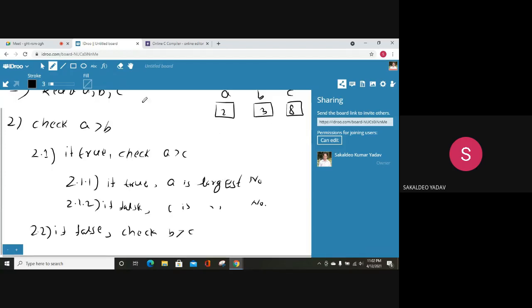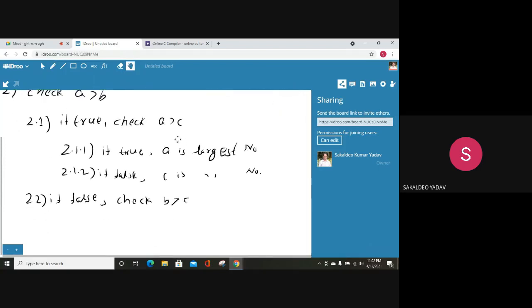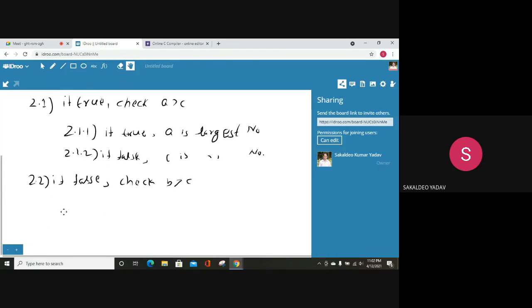If this condition is true, if B is greater than C, that means 2.2.1.